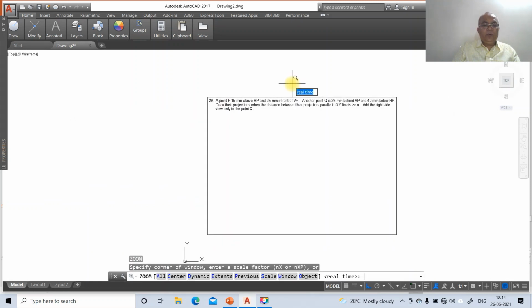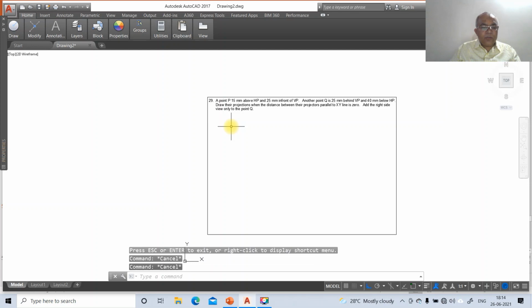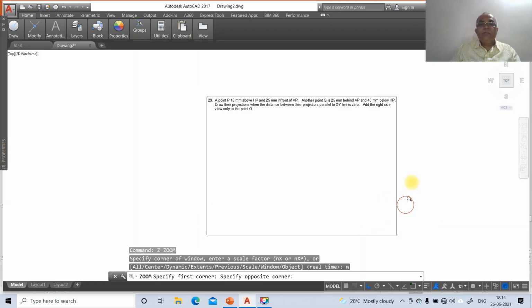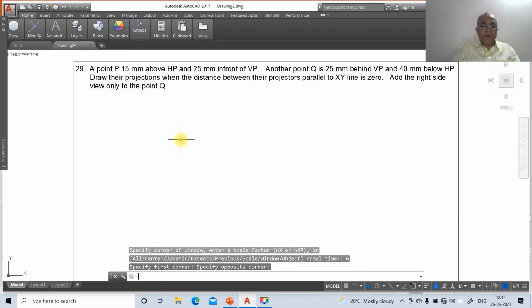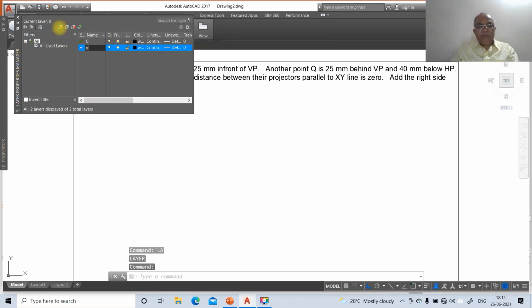Now we will go to solve this problem. So you just go to zoom window, bring it nearer. Now you go to the layer command. First you create the layers. Type a layer by the name XY, then a layer by the name front view, then a layer by the name top view, and a layer by the name side view.